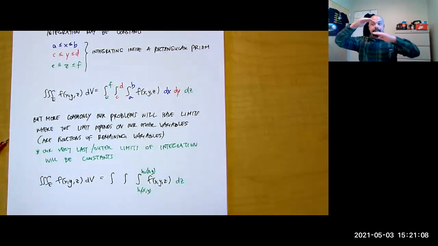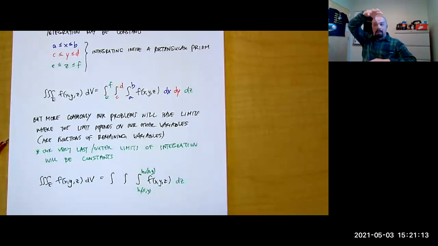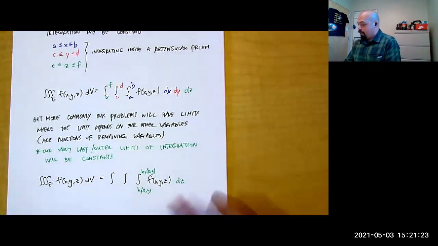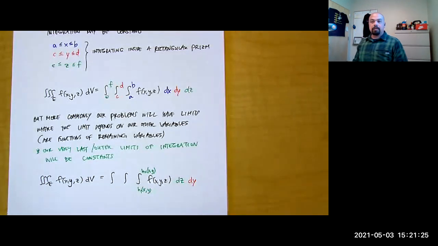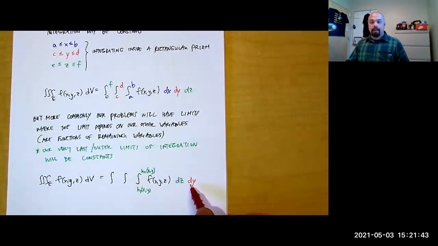And so that's kind of like finding the height between two surfaces, below this paraboloid, above this plane, above this other surface. That may depend on just x and y, right? And then we'll have a dy next, let's say. So then I'm doing the y direction. And so again, going back to our first semester calculus, or maybe a little bit into our beginning of double integrals, where that y,